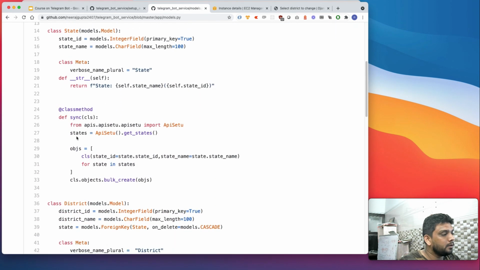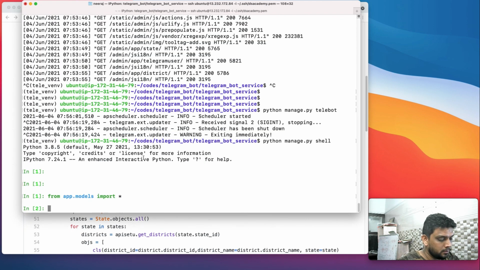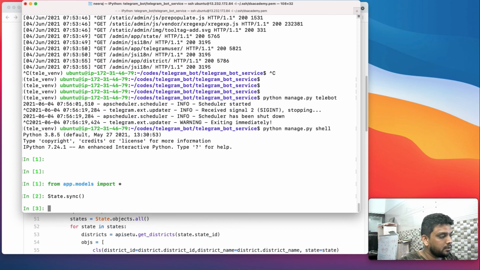We have created two nice functions called sync in District and in State, which pull all this data. So let's do that on our server. First of all, we need to do the sync for State. Sync is a class method, and yeah, it's done.